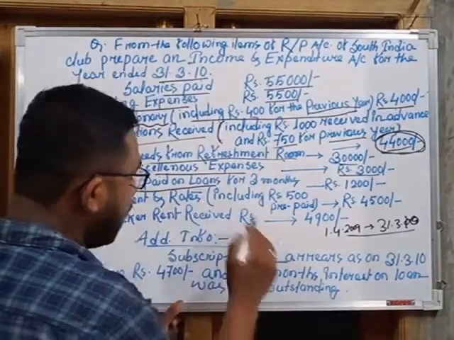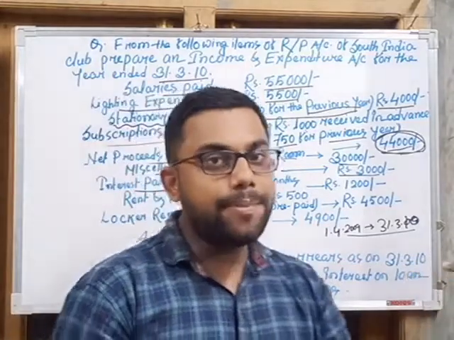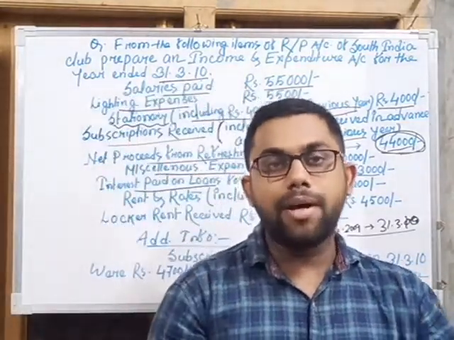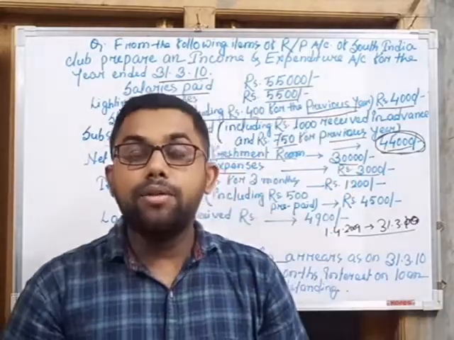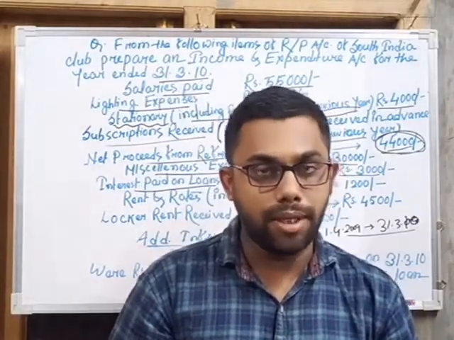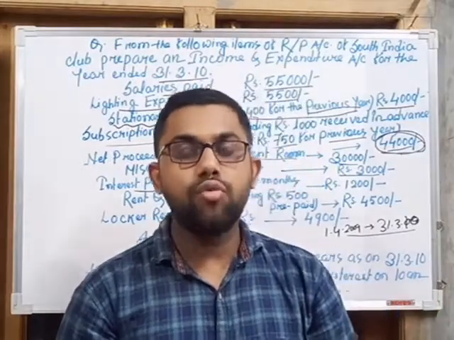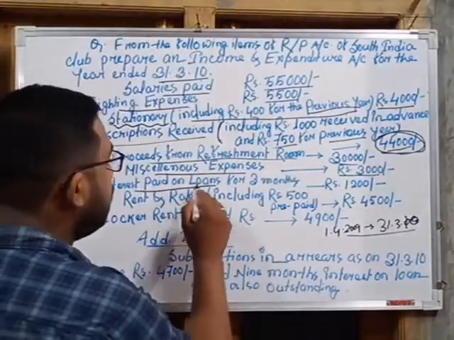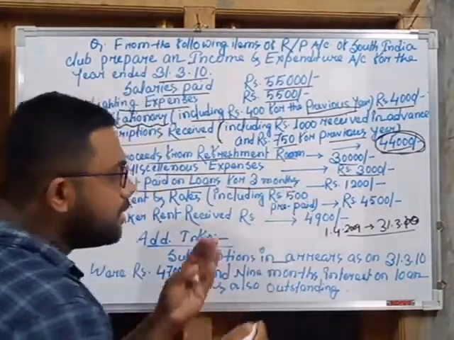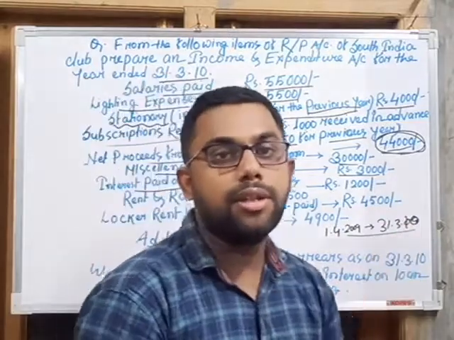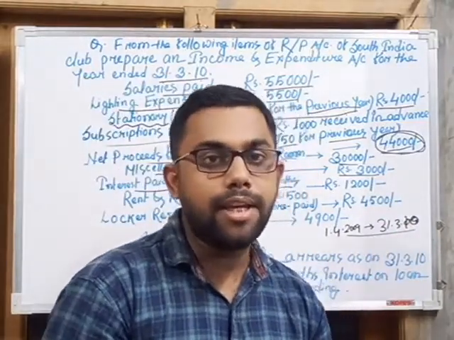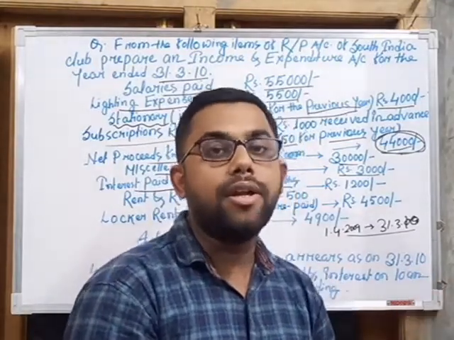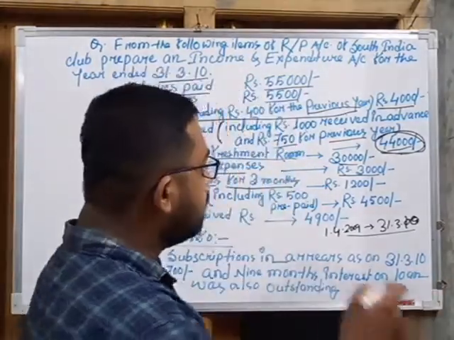Interest paid on loan. That means the non-trading organization has taken a loan. Whenever we take a loan from a bank or other financial institutions, we have to pay interest on it. Interest may be paid monthly, quarterly, half yearly or yearly. Here it is written that interest paid on loan for 3 months. That means they have paid interest for only 3 months. So we can say the interest on the loan is payable on a monthly basis, but they have paid interest